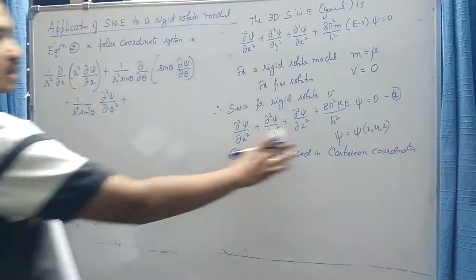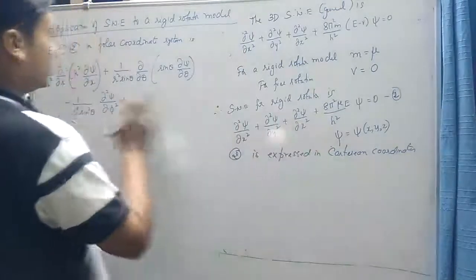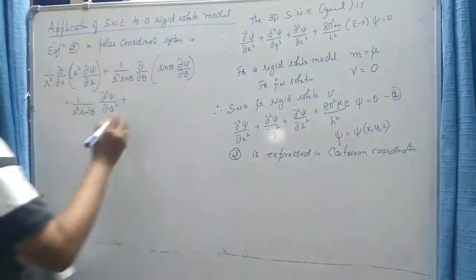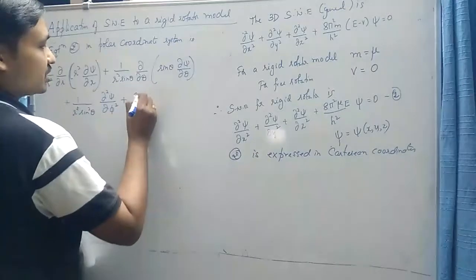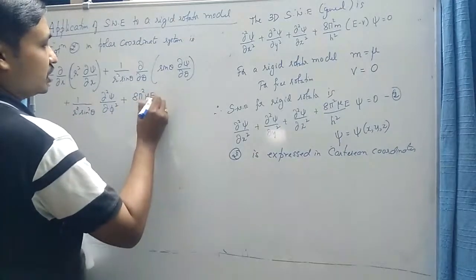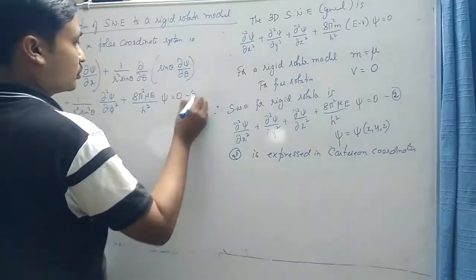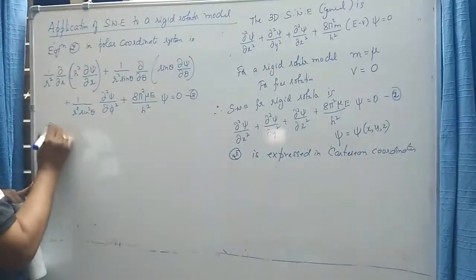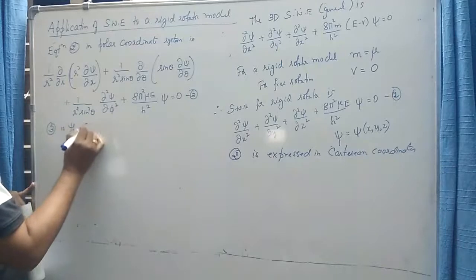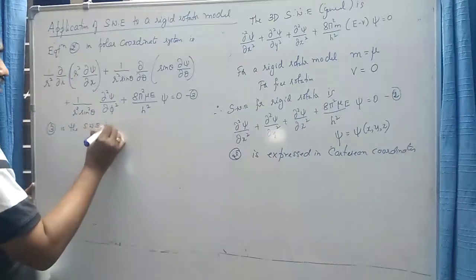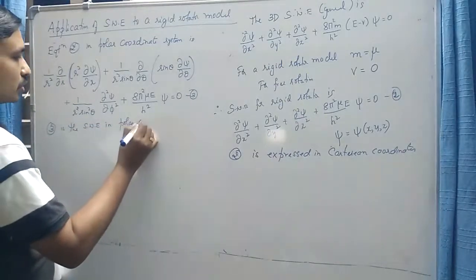So the first three terms in Cartesian coordinates are now written in terms of polar coordinates, plus 8 pi square mu E by h square into psi is equal to 0. So equation 3 is the Schrodinger wave equation in polar coordinates